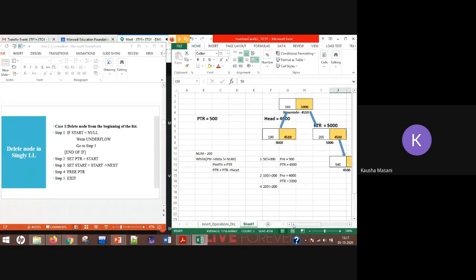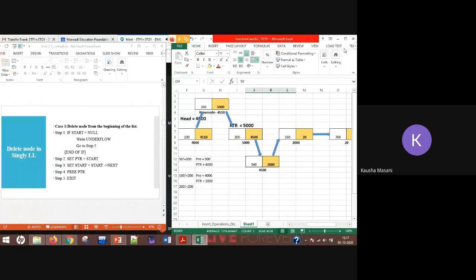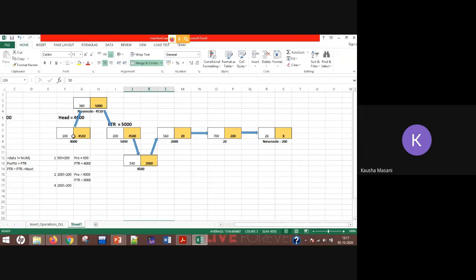And see, you are left with this singly linked list, where head is pointing here now. Head pointer is at 4000. It is pointing to 4510. Again, that whole singly linked list chain is there, and the last node value is pointed by null. So you deleted a node from the beginning.